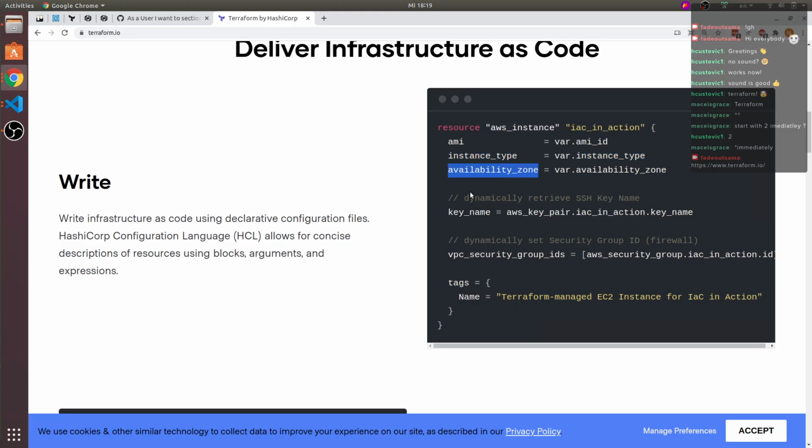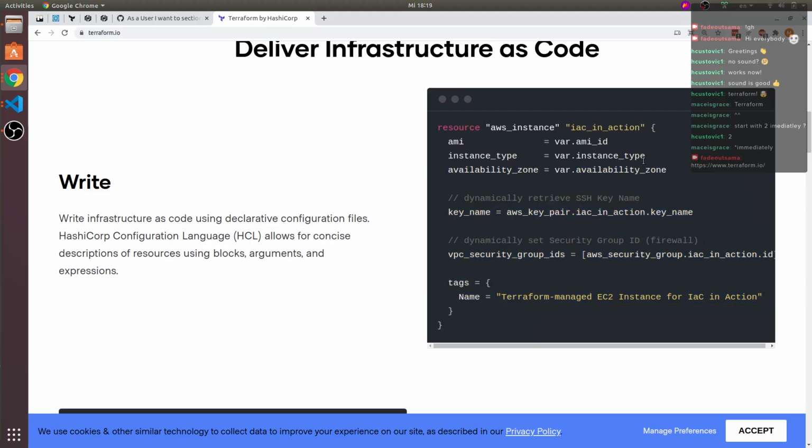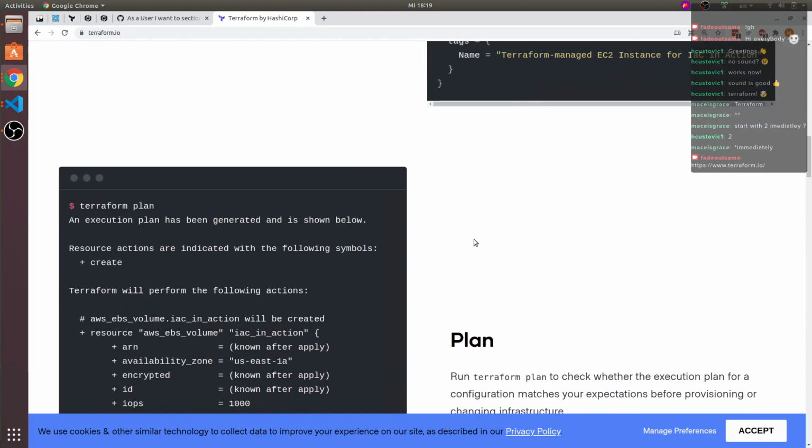Availability zones is like, where do you want to do it? There's also region, thinking about it. So maybe this is, again, something else, slightly different. I think all of this is already optional. All you really need is just this one, and then you run one command and everything works.